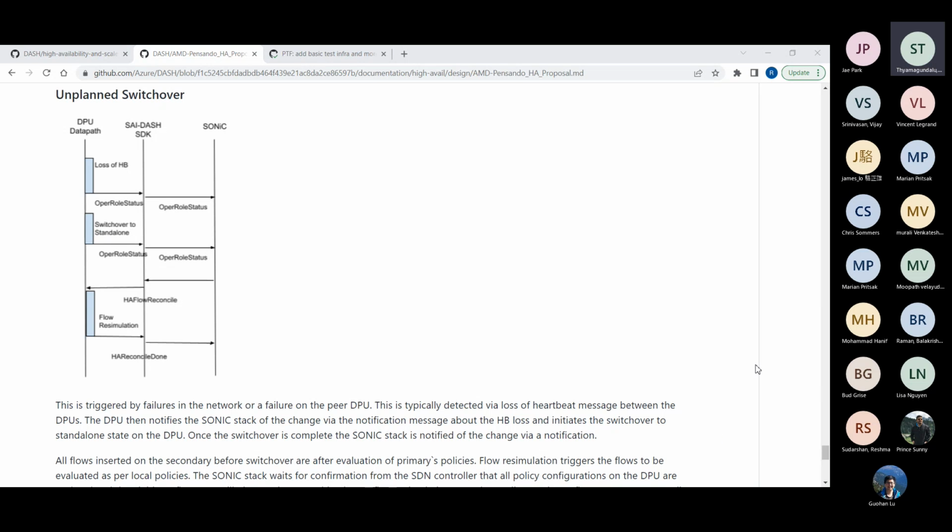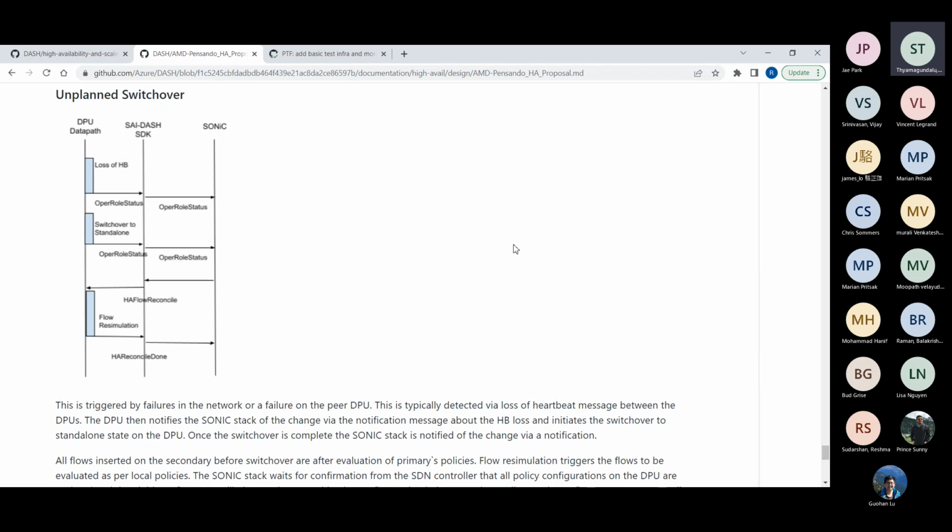So in the unplanned switchover, this is still the heartbeat being managed by the data path CPU. The proposed flow is that the loss of heartbeat is detected by the DPU, and it updates the SI SDK about the status change. The first part of the status change is mostly to keep for debugging, and to keep the state machine in sync so that all current state is reflected properly. After that, the switchover is initiated on the DPU data path to switch over to standalone.